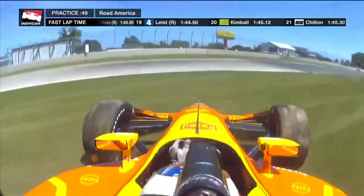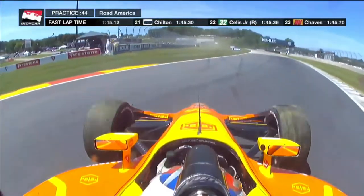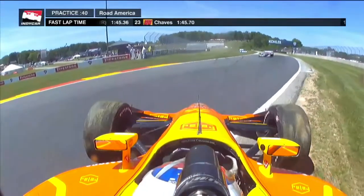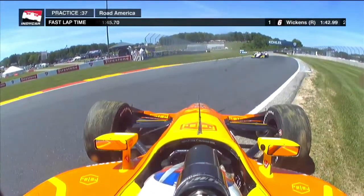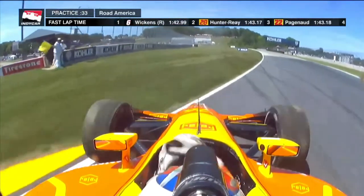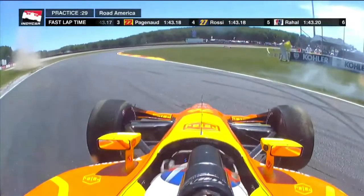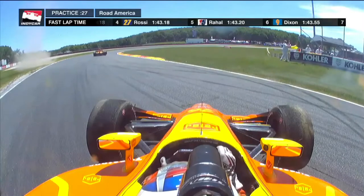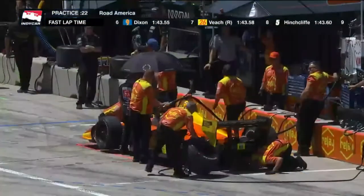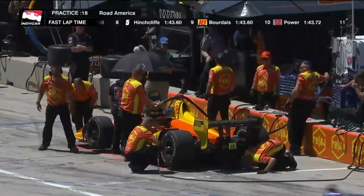That's quite a ride. It is, and it actually just started as a minor moment coming into the corner, and then he just overcorrected it, and the moment he got over the crest, the car was just gone. And with the amount of heat built up in those tires, they dirty up in a hurry. Look at that. And then he tries to spin it around, but I think he just loses the clutch paddle as he spins the car around and stalls it there. So almost able to get away with that one, Zach Veach, but boy, that's not a fun place to go off. Once you go off in turn 13, you're just kind of